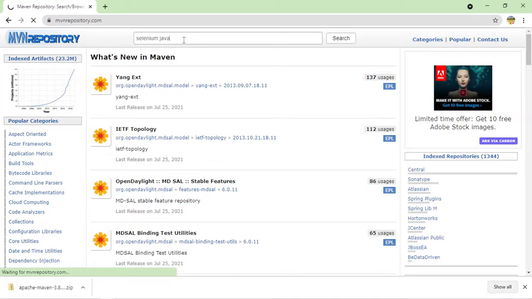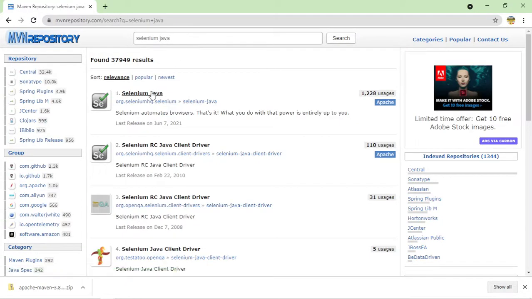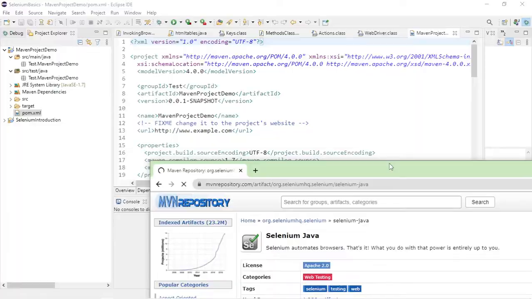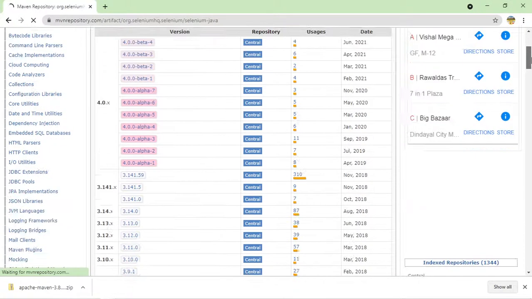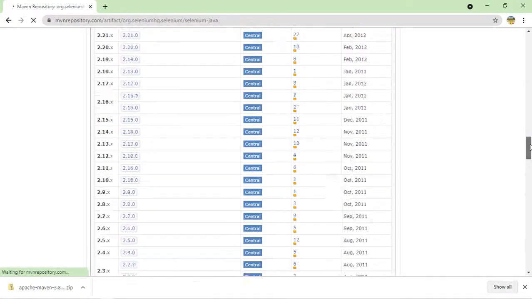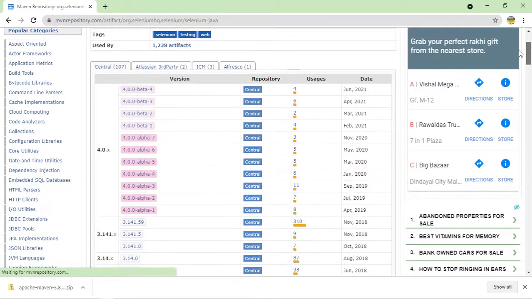If I hit enter and search it, go to this first one, Selenium Java. And you can see there are so many Selenium versions present here, right? You can see the first version is 2.0, then they move on like that. As of now, the latest version is 4.0 beta 4, right?